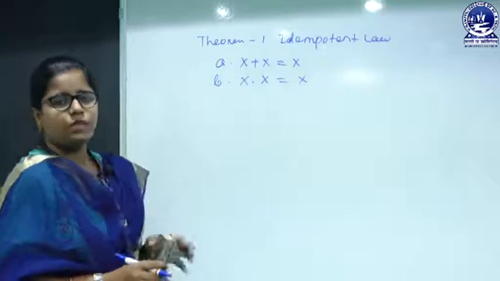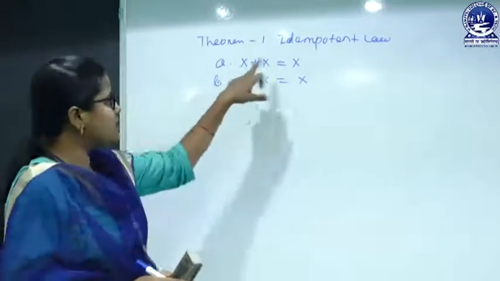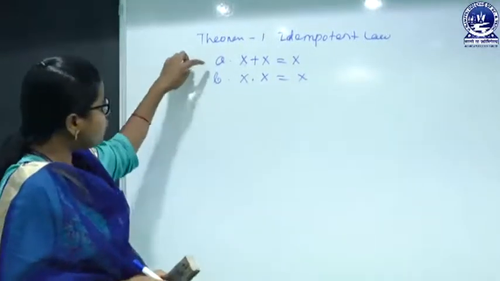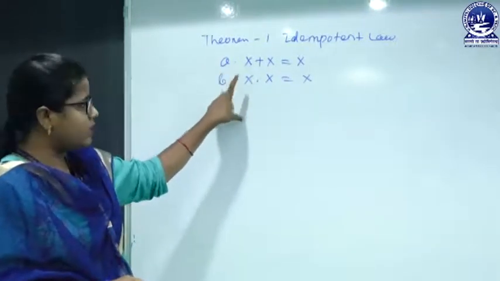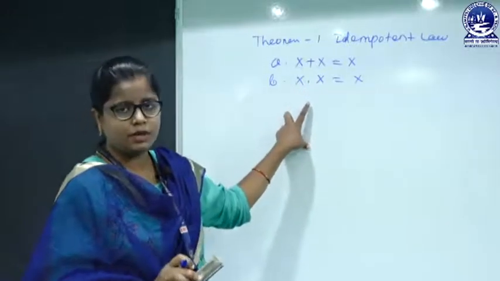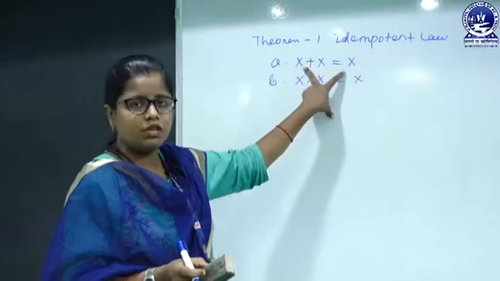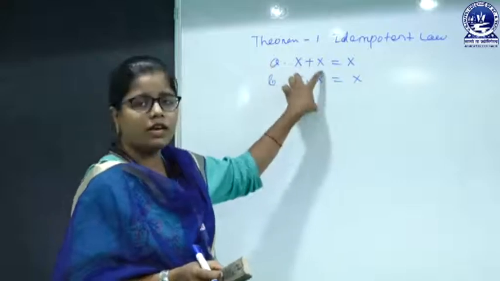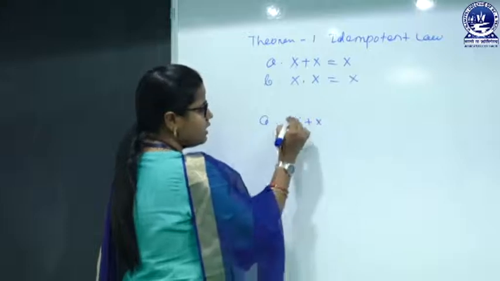So let's prove it. We can prove these theorems by three methods. First we can go for proving that the LHS is equal to the RHS. Then we have the principle of duality. If this first statement is proved, then according to the principle of duality, the dual should be true. Then the third method is the perfect induction method. That means by using a truth table, we have to prove that these two things are the same. So let's apply the first rule, that means how to prove it by applying the LHS and RHS. So let's take the first one, x plus x equals x.